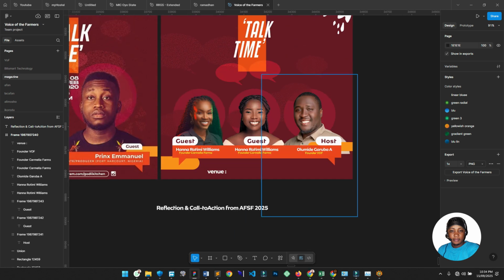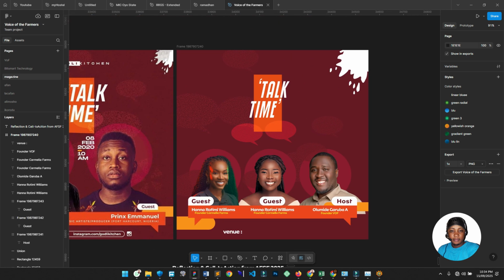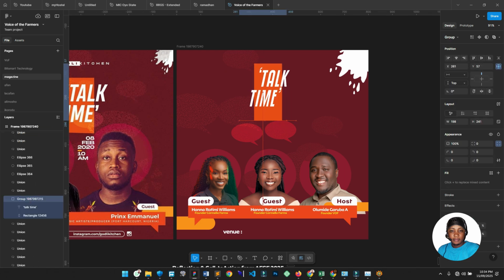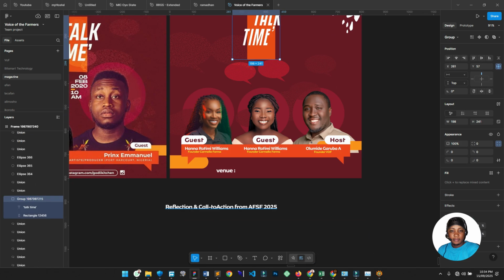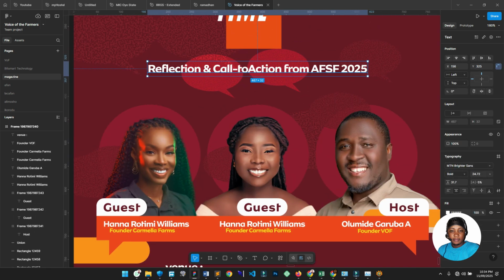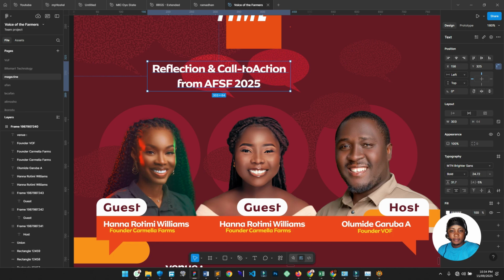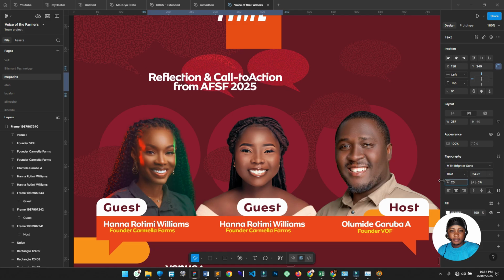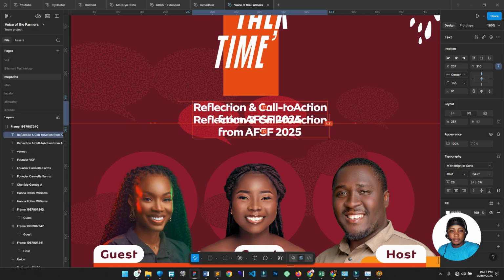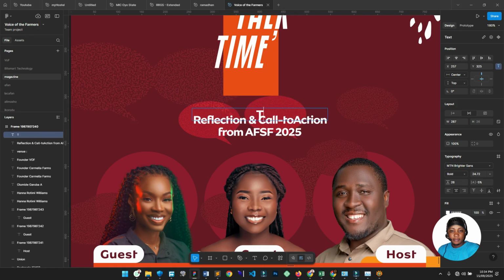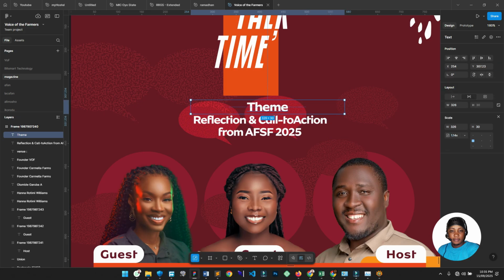So to do this, I'm going to move this a little bit up, then bring him here. So I'm going to do something like this, and I will reduce the line height just like this. Now centralize, then I'll bring another text here and call it team. I'll move it up a little bit. Now increase the size of it,